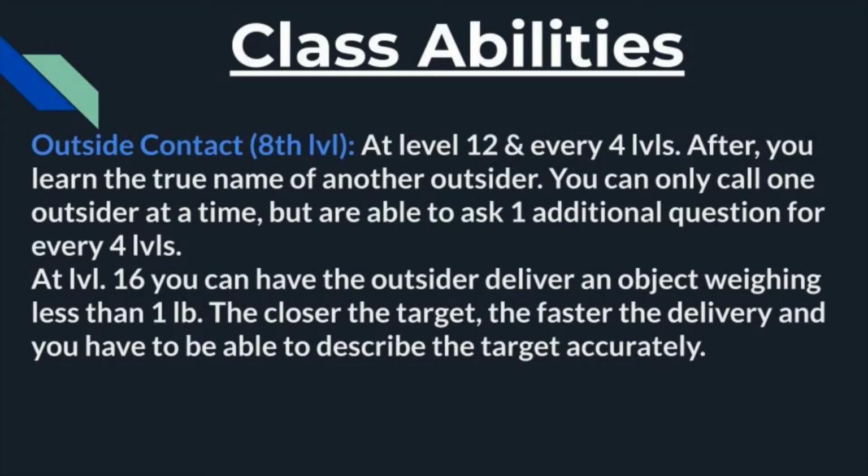You can only call one outsider at a time, but you're able to ask one additional question for every 4 levels through this ability. And at level 16, you can have the outsider deliver an object weighing less than 1 pound. The closer the target is, the faster the delivery, and you also have to be able to describe the target accurately for when you want this to happen. If the target is within line of sight of you, the delivery will be more or less instantaneous. Then by level 12,